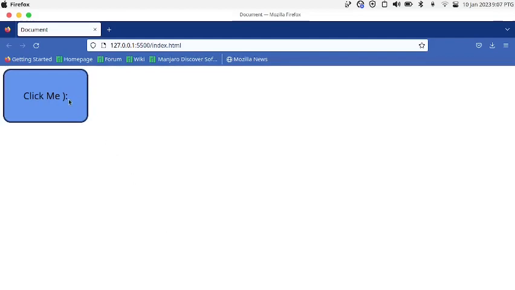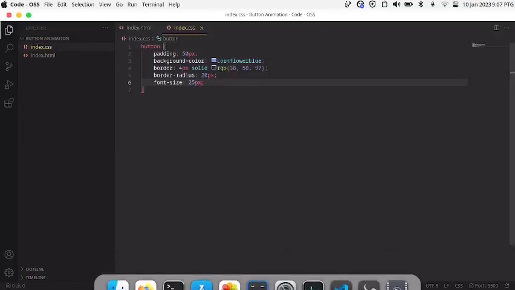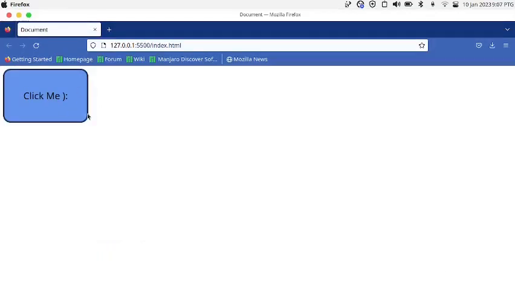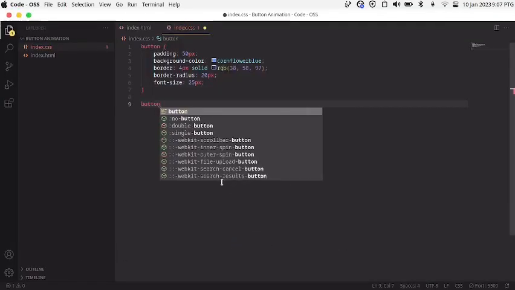Now, still, there's nothing special about this button. The button is just a normal button. There's nothing cool about it. No hover animations, no clicking animations, no nothing. So let's change that. Button hover